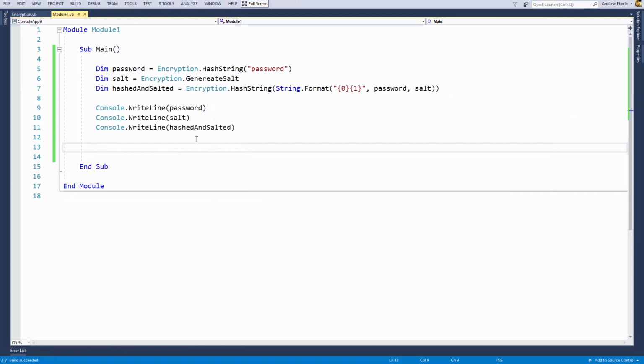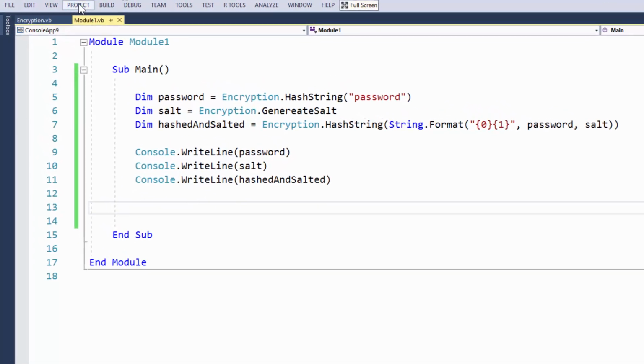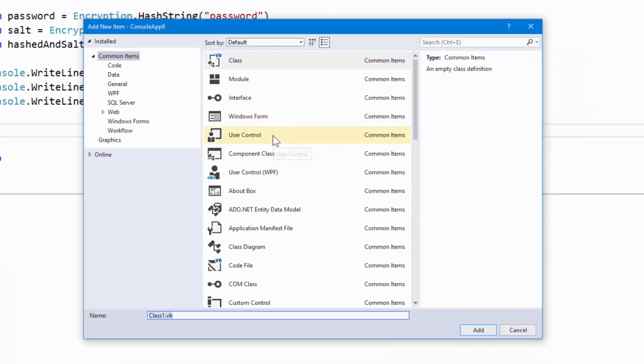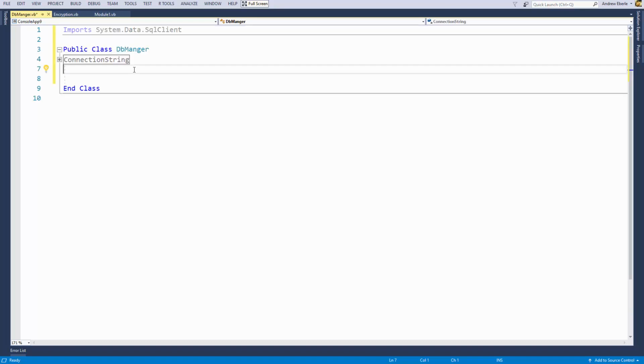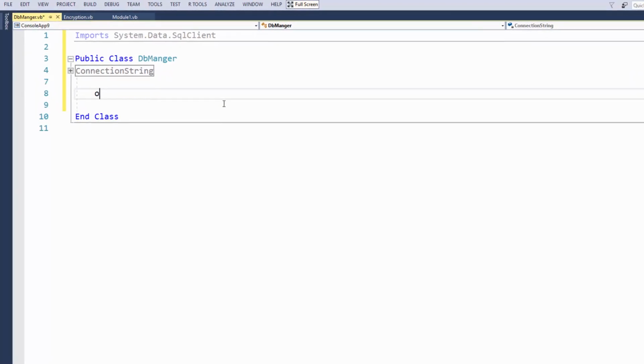Okay, so now we've got that done, we've got an understanding of how this works. We now need to be able to insert this into our database, and then we need to be able to actually log into our database using the hashed password and our salt. So what we're going to do is create another class, and I'm just going to call it DB Manager, and I'm just going to create a connection string. Okay, so now I've got my connection string, I've just imported System.Data.SqlClient, and now I can create a public